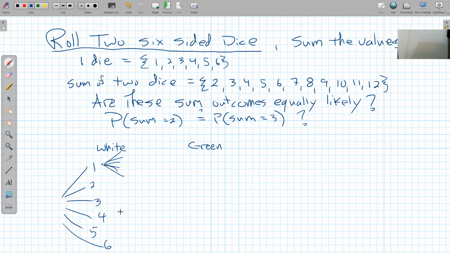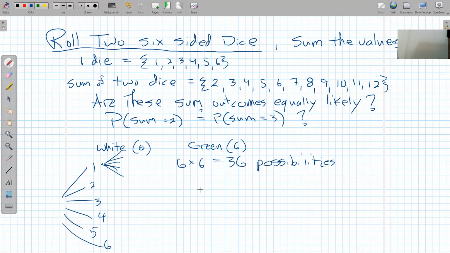My tree's getting a little messy here. The white had 6 possibilities. The green has 6 possibilities. So altogether, there should be 6 times 6, which is 36 possibilities. And I only have 11 outcomes. So some of these outcomes are going to be more likely than another, because 11 doesn't go into 36 for sure. The tree, I don't really have enough space to make it here,